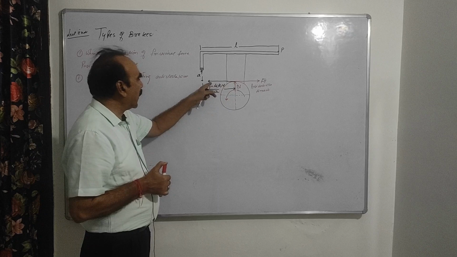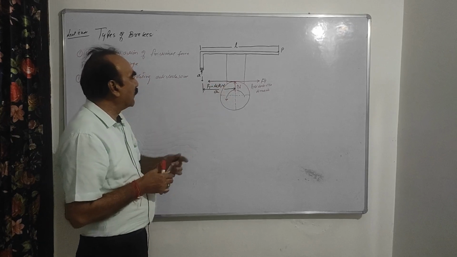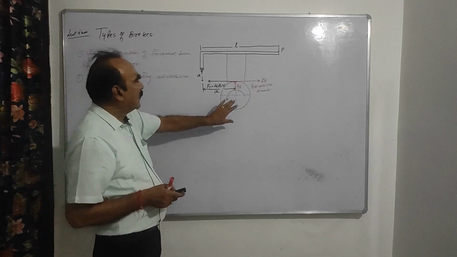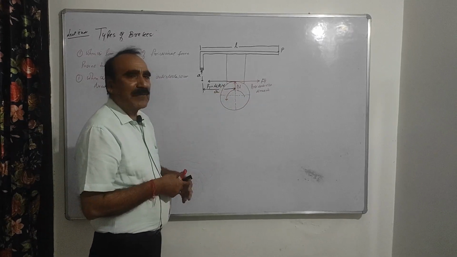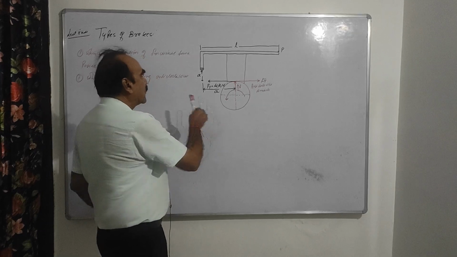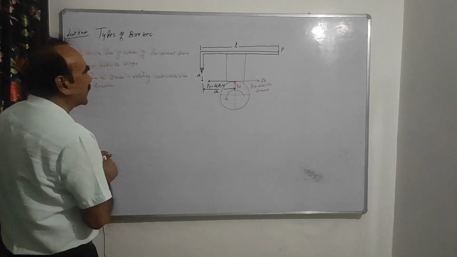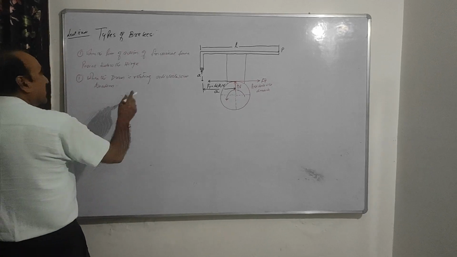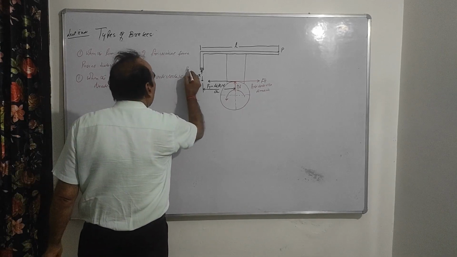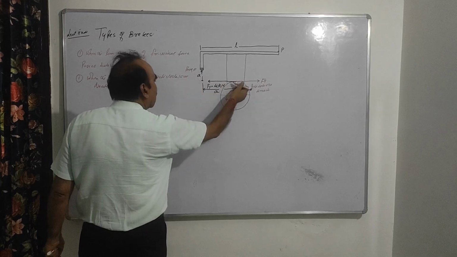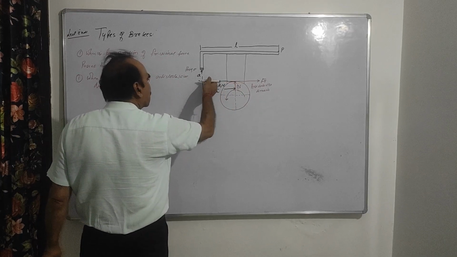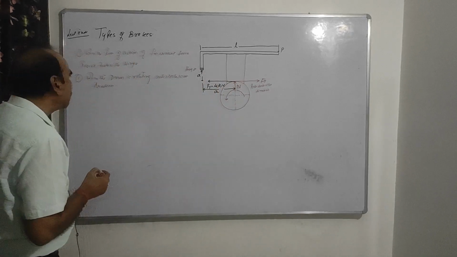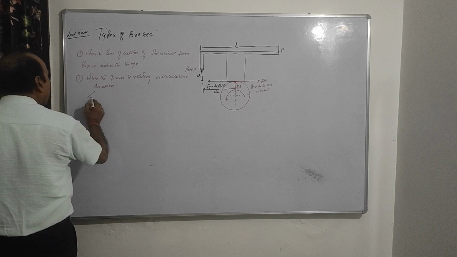So the frictional force on the lever is in the same direction as the drum is rotating, right? So these are the forces. In this case, this is your hinge, and you have seen that the line of action of the force is below the hinge. So in this case, taking moment about the hinge,